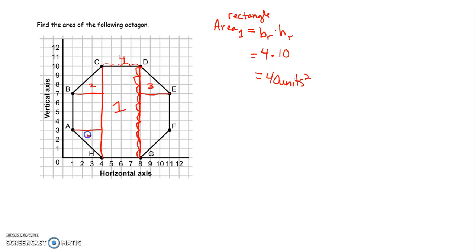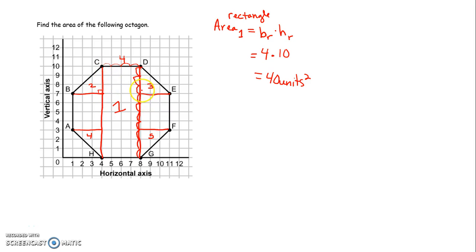I'm going to call this figure 4. And I'm going to call this figure 5. The reason I just took all these triangles and drew them all in at once is because I want you to see that base and height have to meet at a right angle. So the base of this triangle is 1, 2, 3 units, and the height of this triangle is 1, 2,